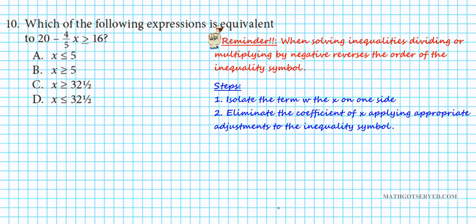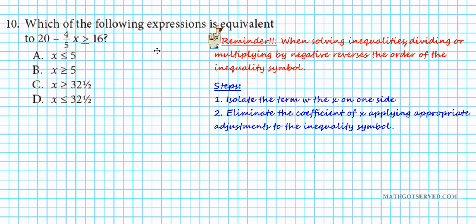Okay, let's take a look at number 10, the last one in this review series. It reads, which of the following expressions is equivalent to 20 minus 4 over 5x greater than or equal to 16? Now, a quick reminder, when solving inequalities, dividing or multiplying by a negative number reverses the order of the